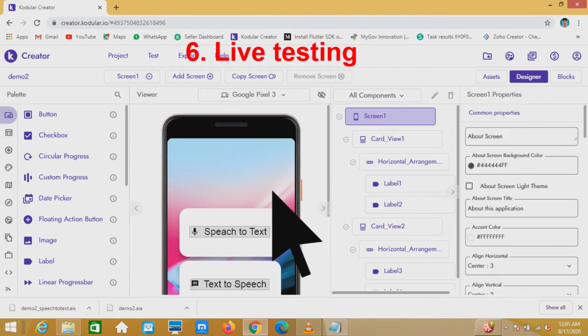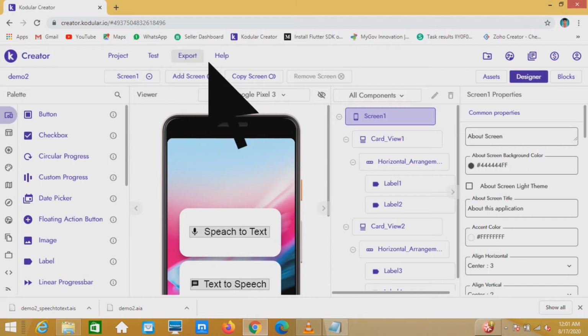And after developing an app, if you want to test how it will work, you should export the project and again install it on your device and then check. This will take more time. Every time you can't export and install.